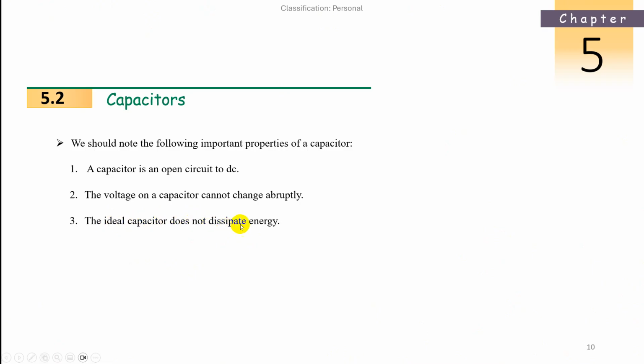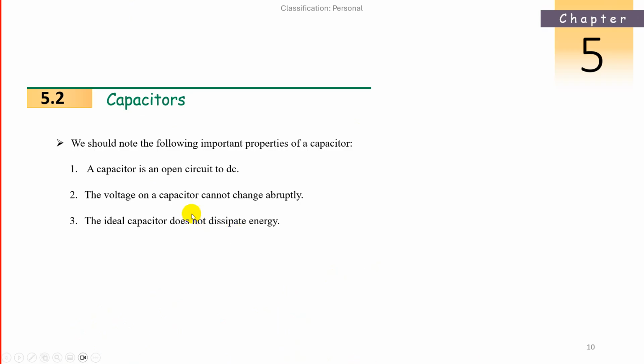The ideal capacitor does not dissipate energy. I already told you, a resistor dissipates energy, wastes the energy. Capacitor and inductor store the energy. So an ideal capacitor, exact ideal capacitor, is not possible in the universe, because anything has some leakage, some